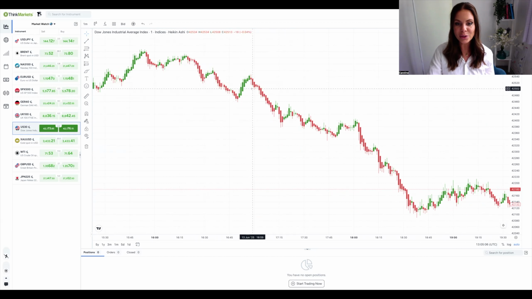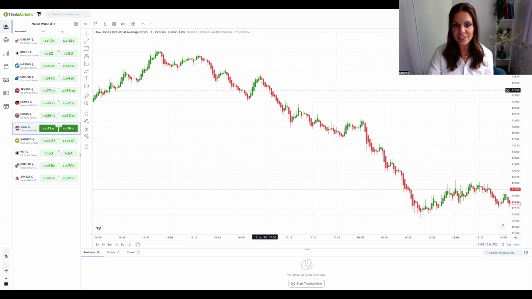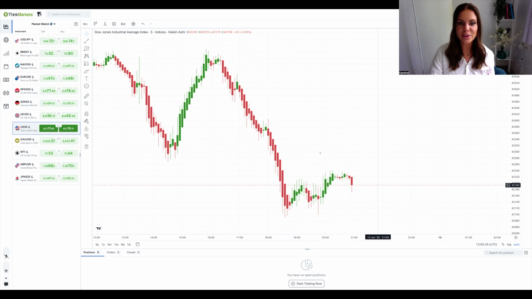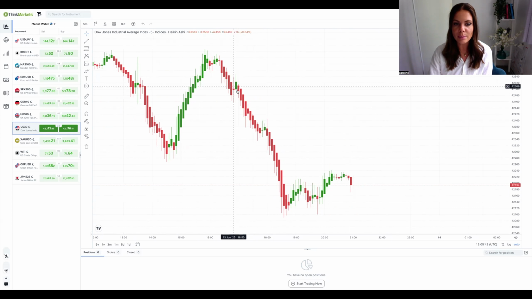So if you're using it on the 1 minute, you're going to get yourself confused because it's going to look like the market's changed to the upside, but really it's just having a pullback. And that's why it works so much better on the 5-minute, because you can see very clearly when the market's in an uptrend and when it's in a downtrend. But also good to be aware that it's not perfect. So there will always be times when you get a particularly big pullback and it does look like momentum has